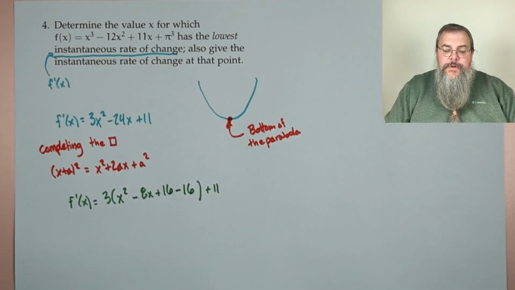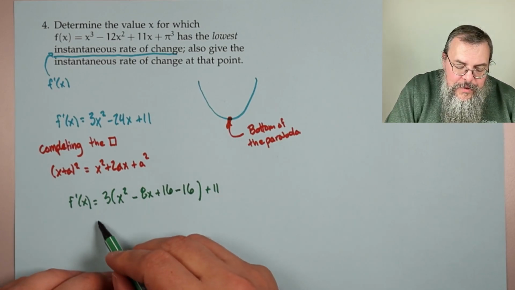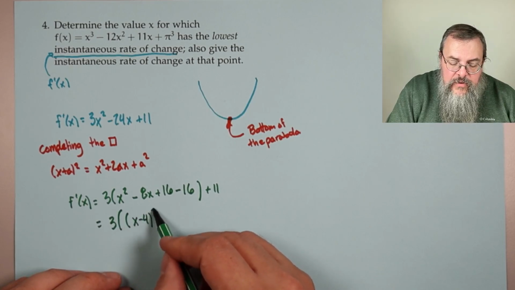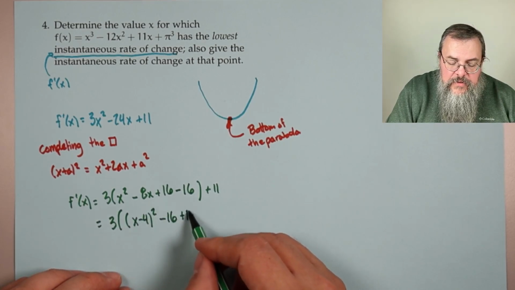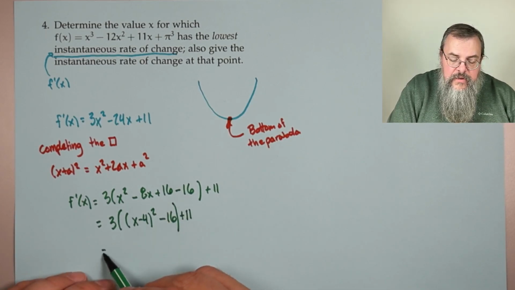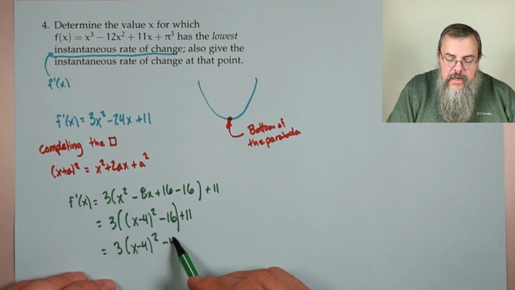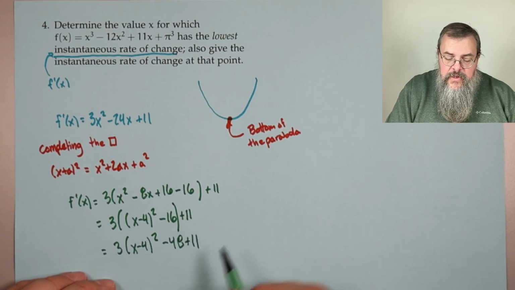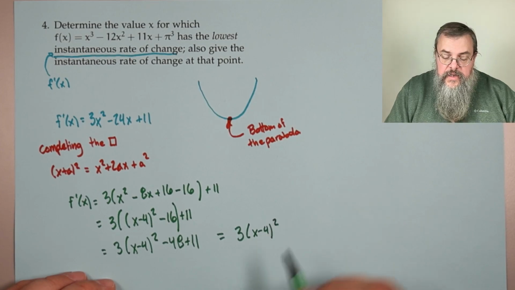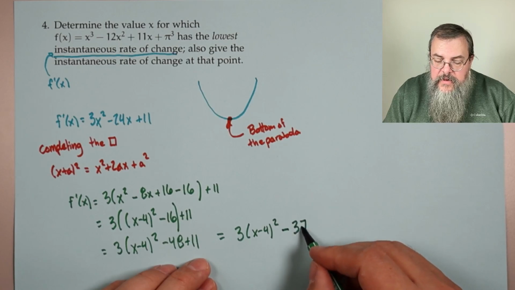We did it inside the parentheses, so that way we make sure we didn't do anything that would mislead us. So the first part becomes x minus 4 squared minus 16 plus 11, keeping our parentheses in the right place. Or we could say this is really 3 times x minus 4 squared minus 48 plus 11, which is negative 37. Okay,